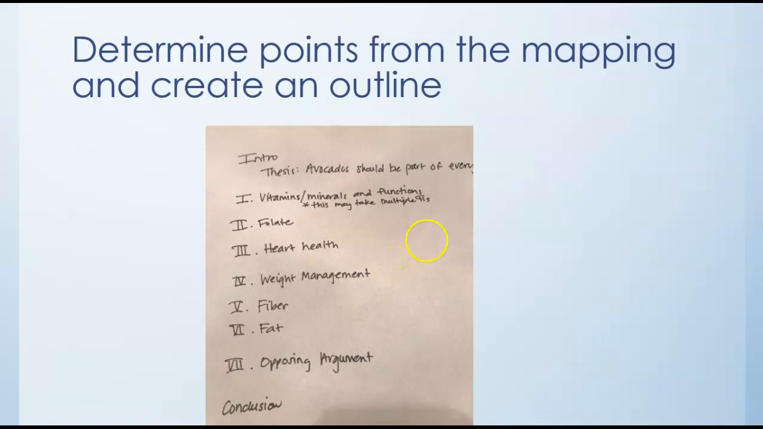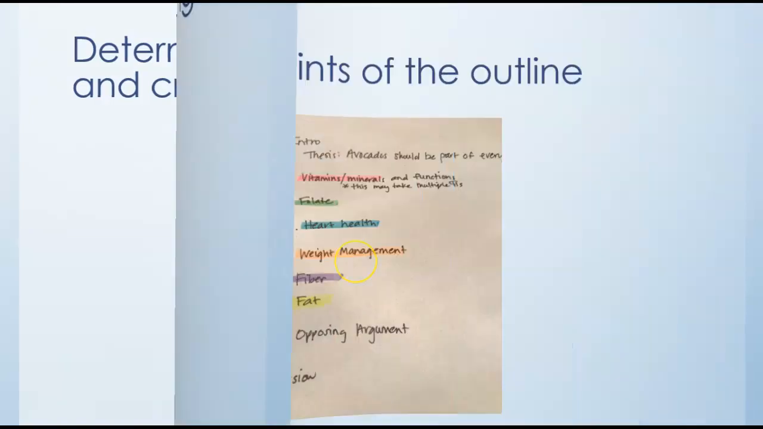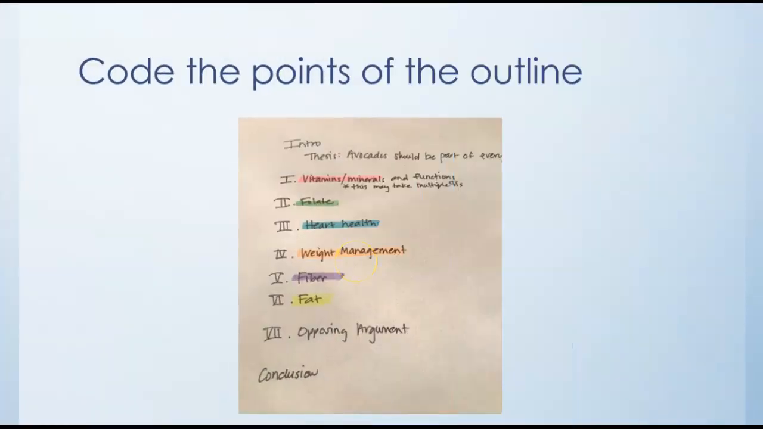Now that you have your points figured out, you can code them. You can use numbers if you'd like as a coding system and literally take 1, 2, 3, 4, 5, 6 and go back to your sources. Or you can take colored highlighters, which I happen to think is the best way, the easiest way, the most visual. Highlight each point with a different color,